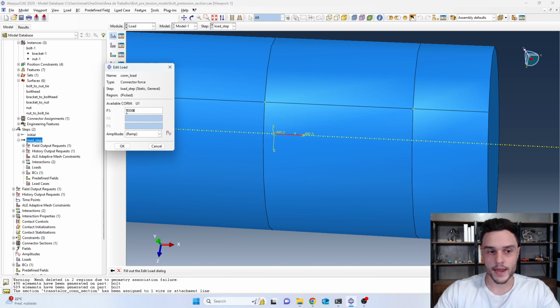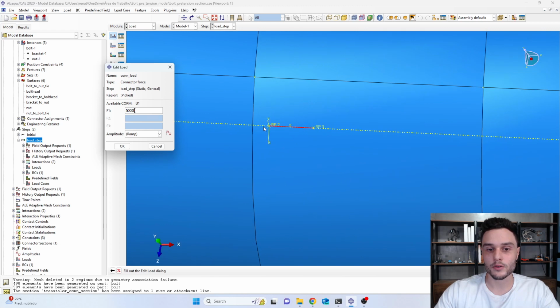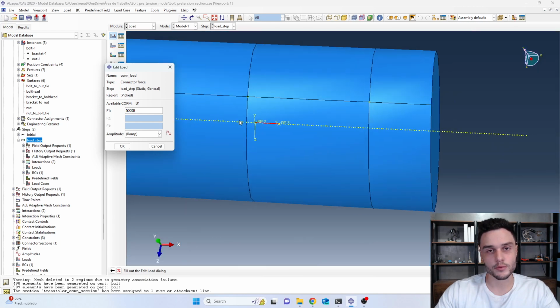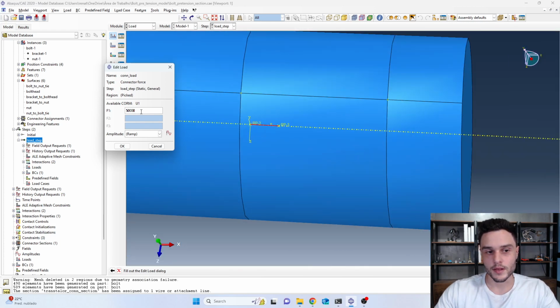And if we apply a negative load, the opposite will happen. The nodes will try to move towards each other. It's like a compressive load. And this is only true if we have the local coordinate system with the x-axis from RP2 to RP3. If we had inverted the direction of the x-axis, then this rule will not be true. It will be the opposite. A positive load will mean compression, and a negative load will mean